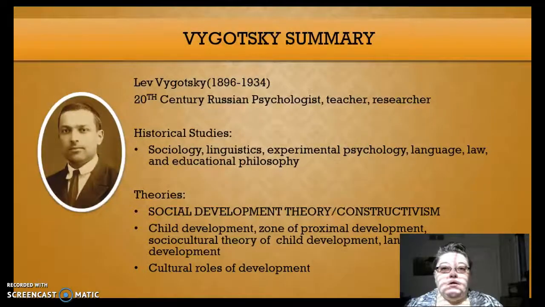In 1924, Lev Vygotsky, a 20th century Russian psychologist, influenced the world of psychology with his theories. He was known for the sociocultural theory, in which he believed social interactions play a critical role in a child's learning process through imitation, guided learning, and collaborative learning. The studies in sociology, linguistics, psychology, philosophy, and law aided in the pursuit of developmental language and education in child development.